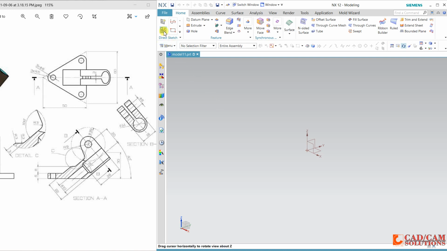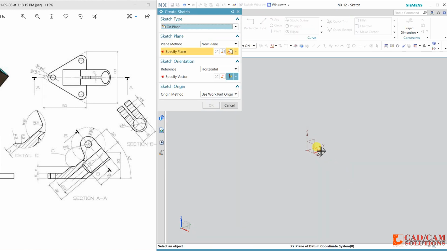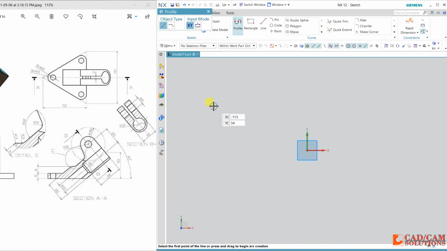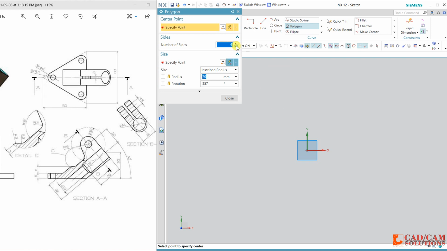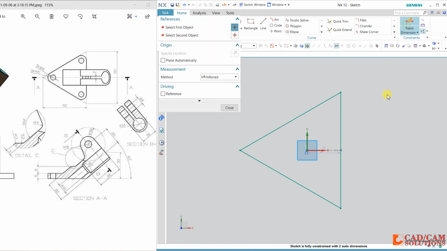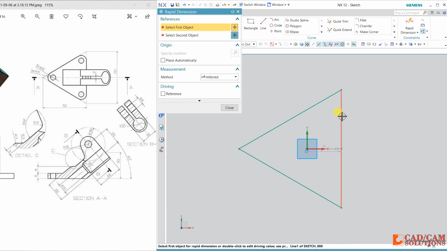First I will select this top plane, XY axis, and draw a polygon. Now dimension it, and the dimension is 60.